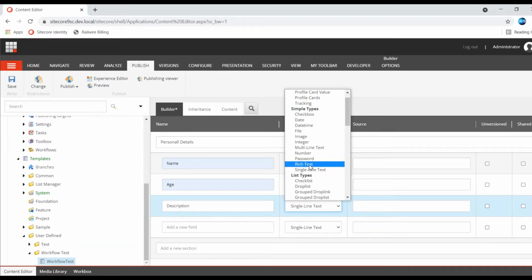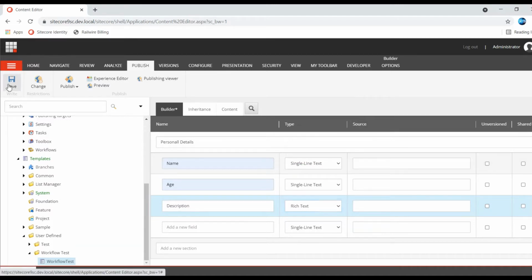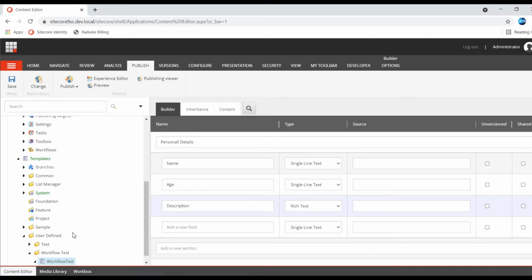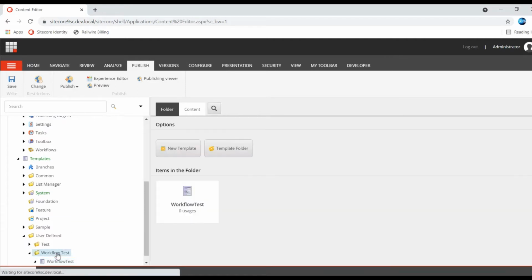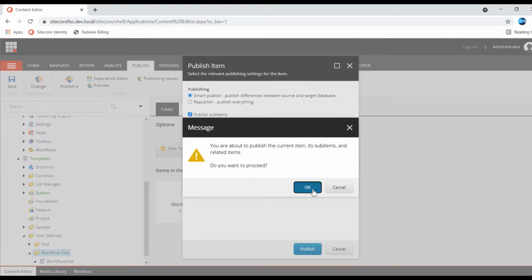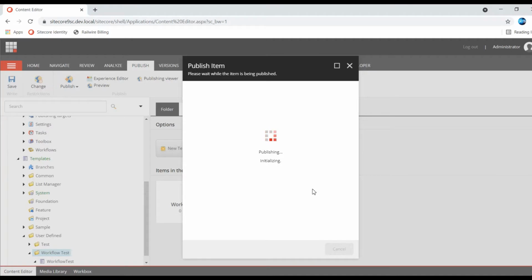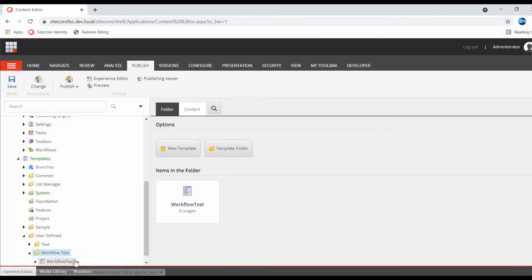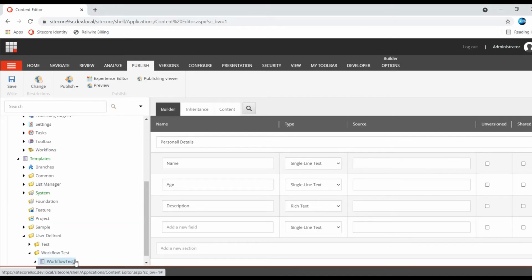So I created a template. Okay, so I'm just publishing this template. Template published.